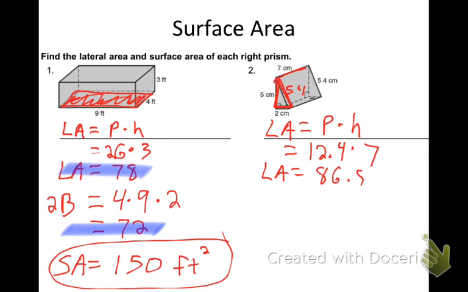86.8. Okay, so there's my lateral area. Now I want to do the base area. Now again, my base is my triangle. How do I find the area of the triangle here? Base times height times 1/2. The base is 2, times the height is 5. And how many bases do I have? So I'm going to take that times 2 again. So 1/2 times 2 times 5 times 2 gets me